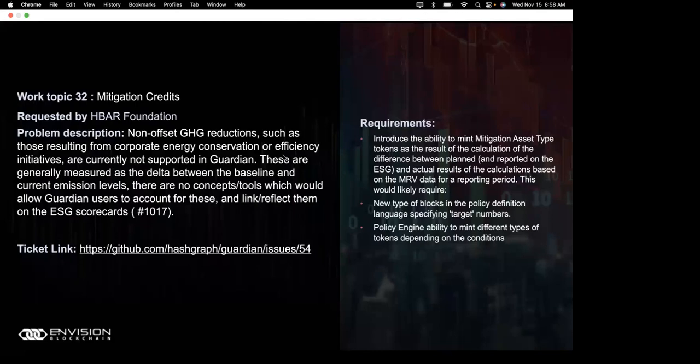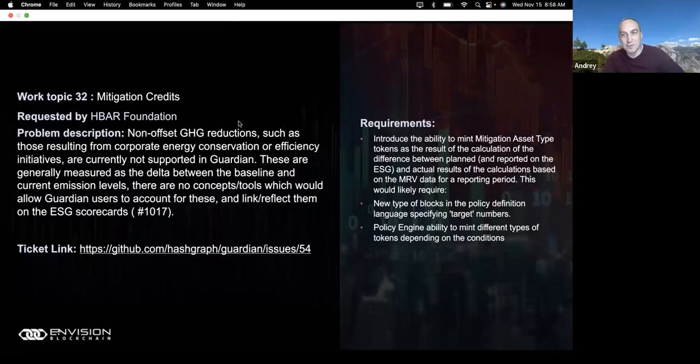There's a question regarding the disaster recovery. If there's an explanation of what is lost following a full failure. Not data that's been public is lost. Not data, but the state of the execution of the project may have been lost. Normally what happens is, whenever Guardian receives some data from a sensor, let's say some MRV data, that data is recorded on IPFS and referenced on chain. And then there's certain computation that happens on that data, and the result again is recorded as a verifiable credential on IPFS and referenced on chain.